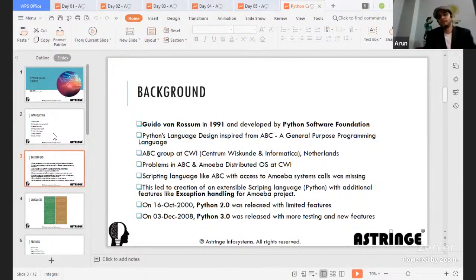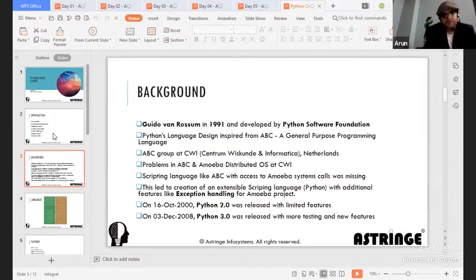He ensured that if something is already available, he just tried to enhance it. If someone else has it, why not borrow it and use it for your purpose? That is what is called extensibility. So he envisioned that, and he also ensured that there is a proper exception handling mechanism, particularly for the Amoeba project, but later on it was extended to other operating systems as well.